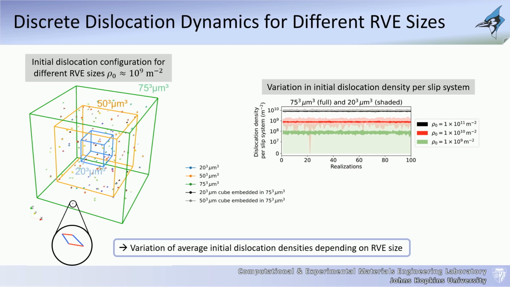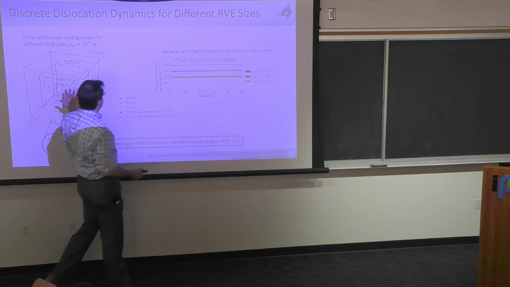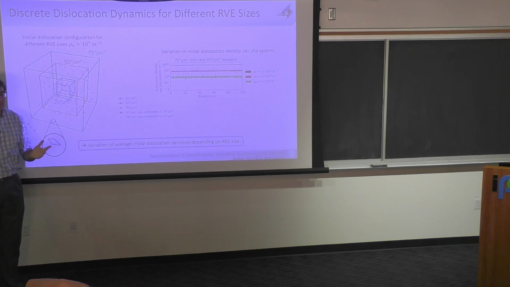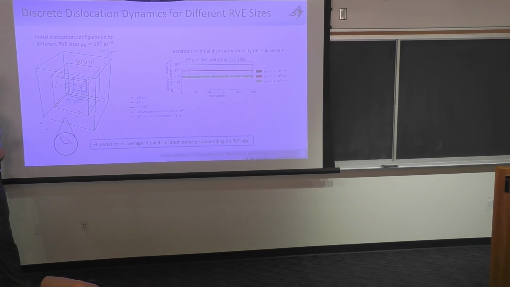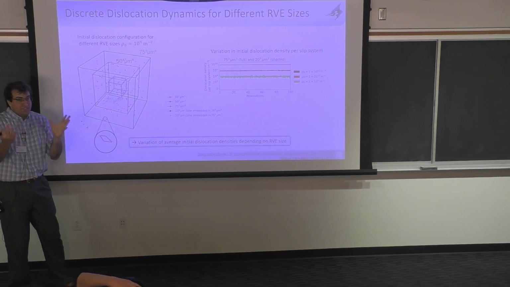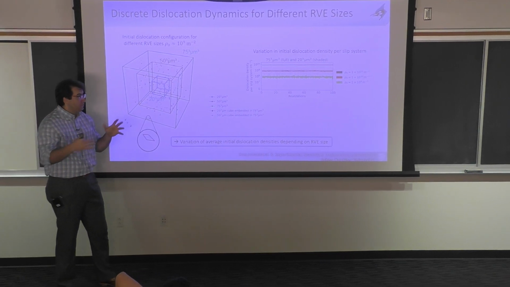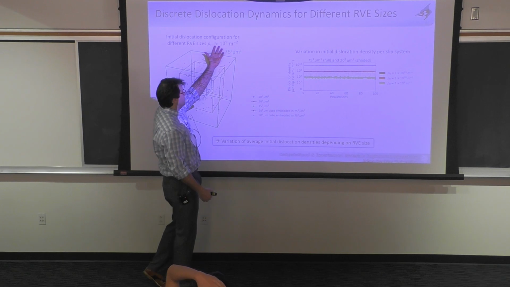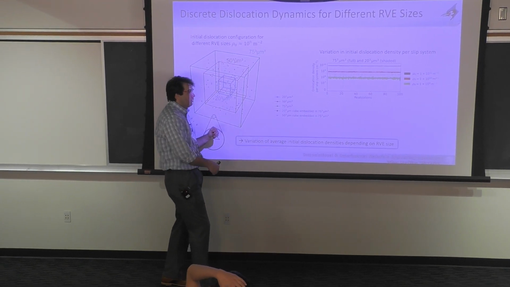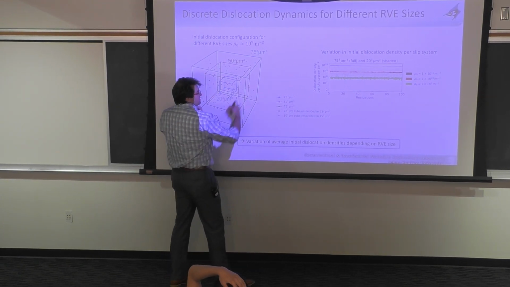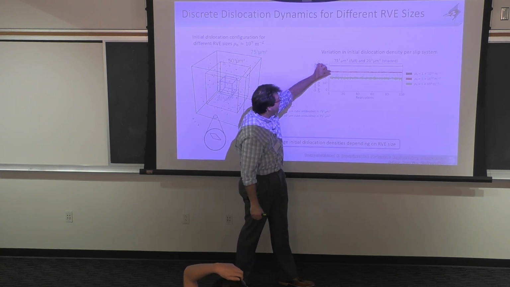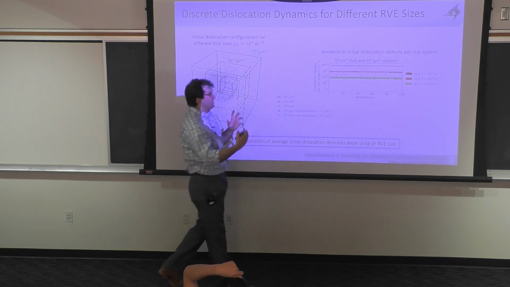If you look at the distribution of the dislocation densities per slip system, there should be a shaded region here for the green that you don't see, but the shaded region for the green actually spans this entire region here. So it would tell you that some slip systems would not have any dislocations at all if you assume that the simulation volume is 20 micron, because it's a random process. I'm generating the dislocations randomly, so you might miss some because the dislocation density is low and your sample size is small. Only when you go to these large samples are the dislocations per slip system, when generated randomly, very consistent.